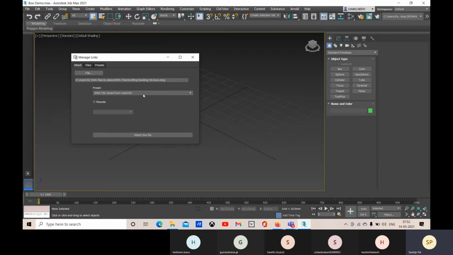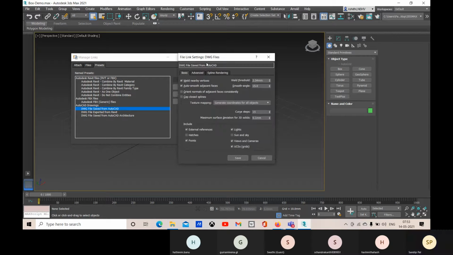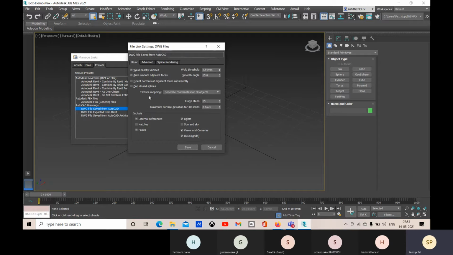So this will be selected when you are importing a CAD file, and for AutoCAD Architecture and Revit we have these presets. For these presets we have some settings. So this one is the preset. You can go to this modify, and there you will see we have these things.